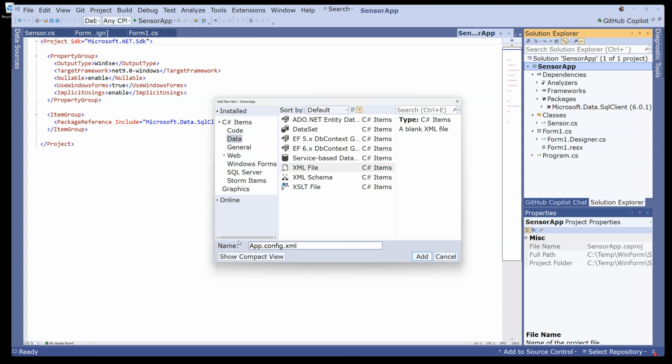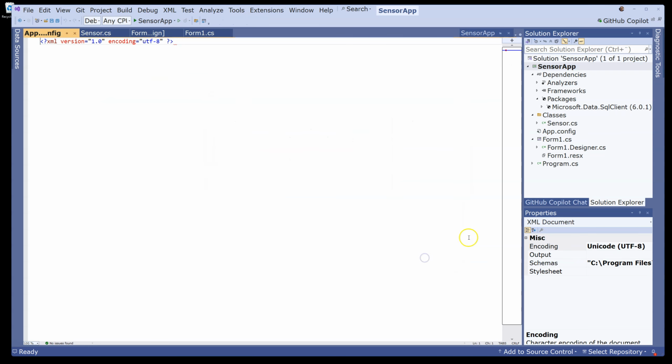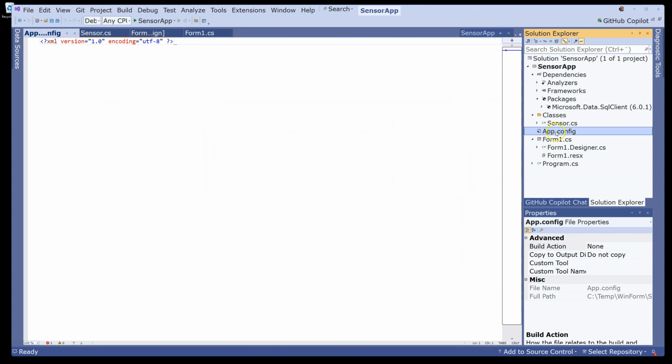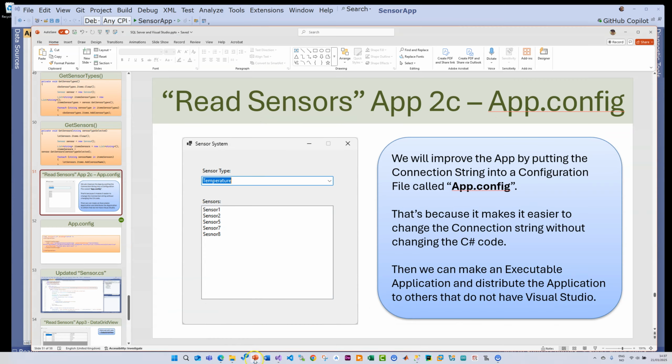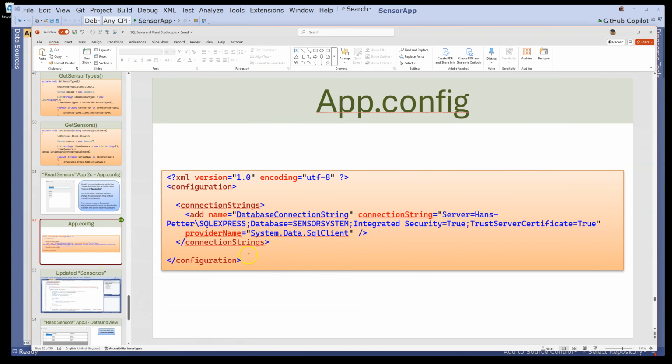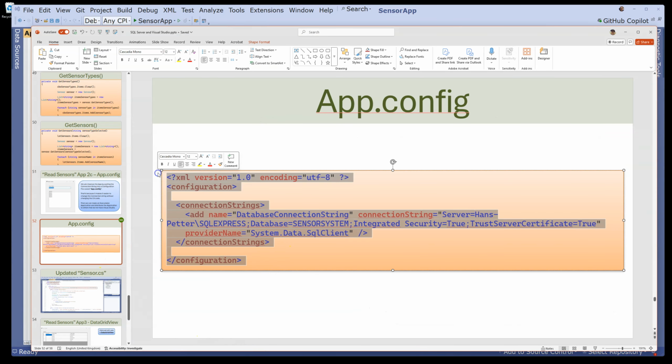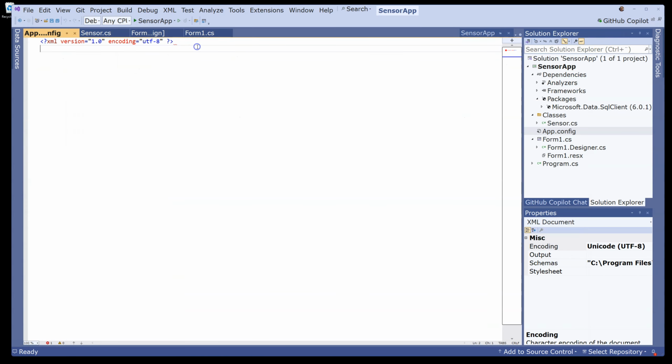app.config, which is the name that should be used for this configuration file. So that's app.config. Click add. And then this file is created here and will be part of the project. So far it's just empty, but I just created the connection string here, so I just copy this in order to save some time, and then